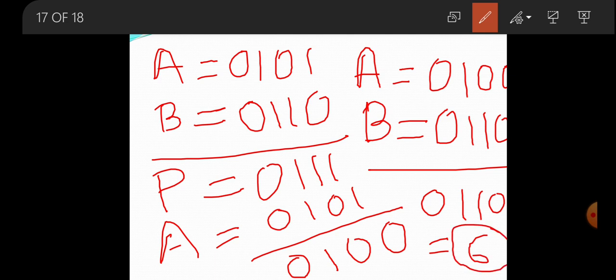This implies that the device with ID 6 has won this process and it is chosen as the next bus master. The device with ID number 6 is device B. So device B has won this process and it is chosen as the next bus master.